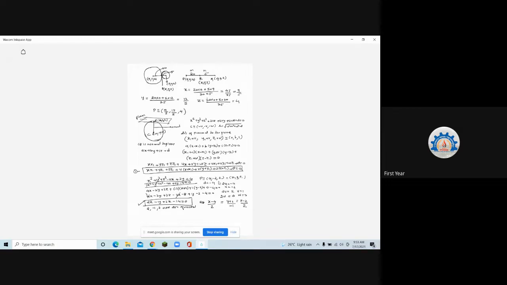The equation of that line is asked. So I got the direction ratios and I know one point on that line. So the equation of the line in symmetrical form will be: if x, y, z is any point on the line, then x minus 4, y plus 2, z minus 2, the coordinate subtraction, divided by the direction ratios 2, minus 1 and 2. So this is your line, the equation of the line which is normal to the plane.